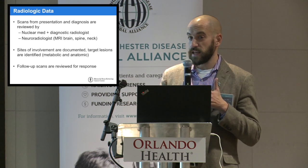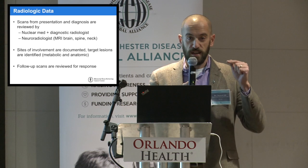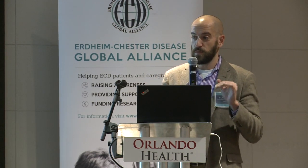The scans are treated as though someone joined the study, which is to say that we designate target lesions, which is a few tumors that are considered representative, and then those are measured specifically, either intensity of the PET or width on a CAT scan or an MRI, and then when follow-up scans are looked at, those target lesions are evaluated. That's the way things are done in studies. Not every single lesion in someone's body is measured, but a sampling is done, then those are what are looked at